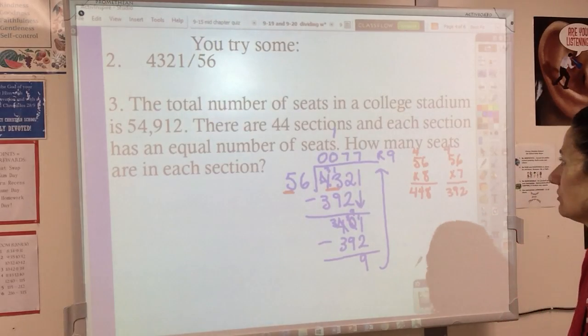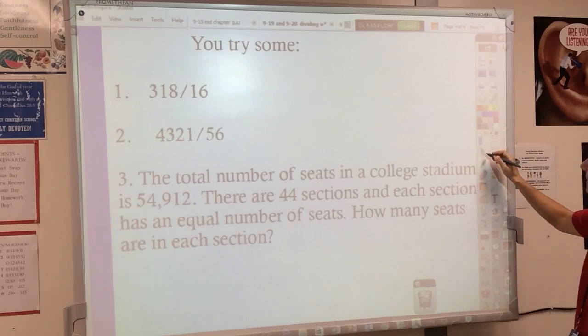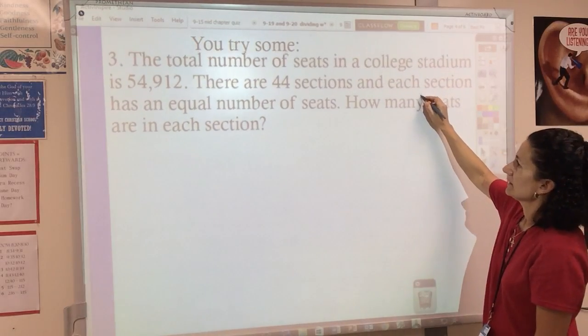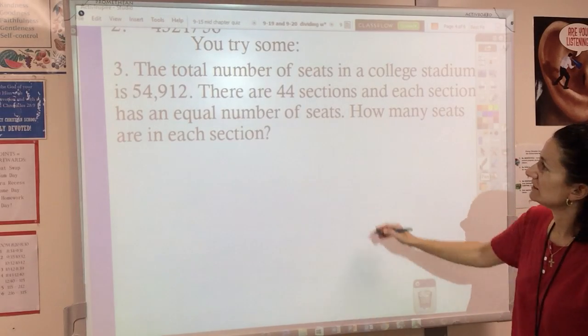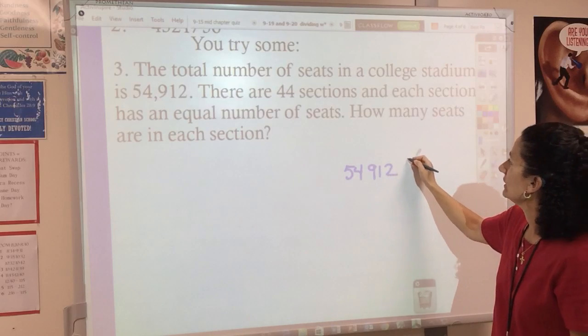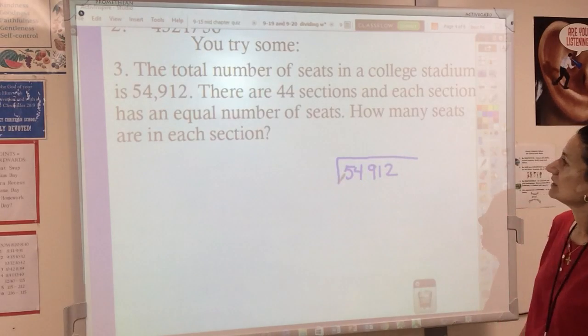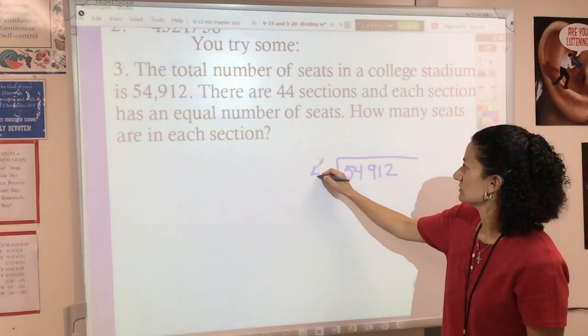Hopefully you got that right. Let's try one more. Let's do this big one, okay? The total number of seats in a college stadium is 54,912. There are 44 sections, and each section has an equal number of seats. How many seats are in each section? So I'm dividing